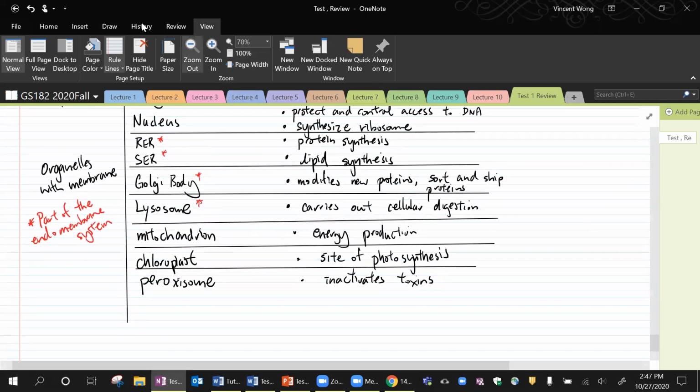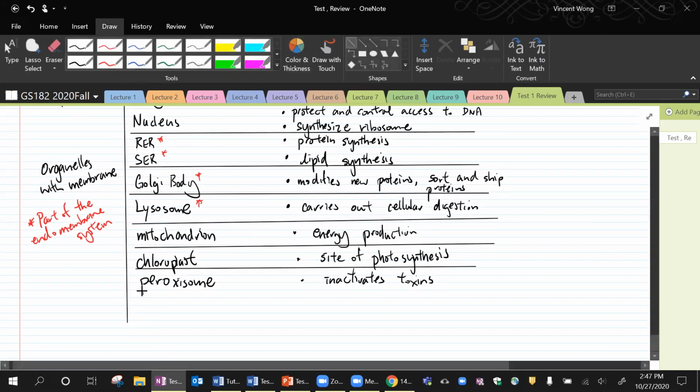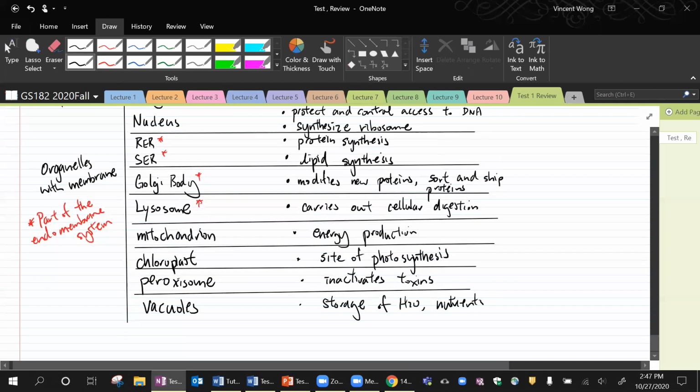So, and there's one more that I can think of, vacuoles. Okay, so we don't have vacuoles, right? It's only in plants, right? So this is for storage of water, nutrients, and you know, all the good stuff we talked about in lecture, pigments, maybe toxins and whatnot. Okay, so these are all organelles with membranes,